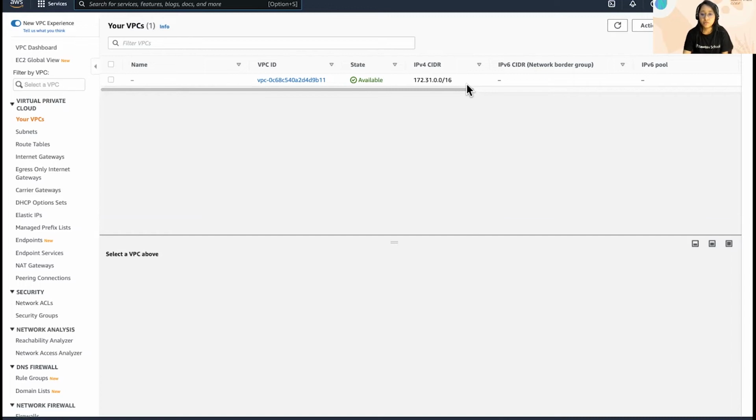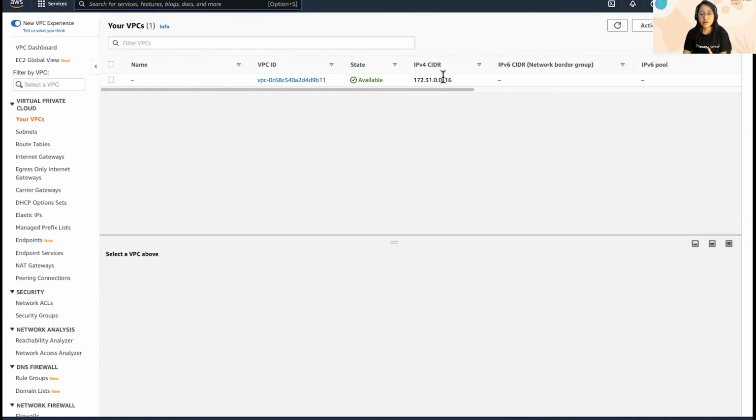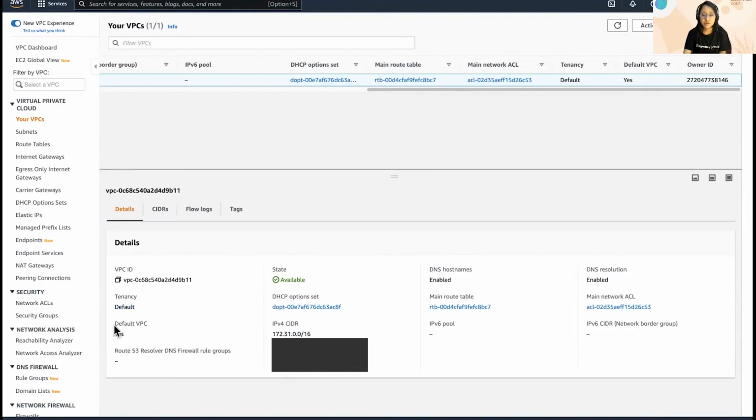So who created this VPC? And just to clarify, there's no cost associated with the VPC. Only the resources that you create inside it will incur cost. You can also log into your own console, and you can see that there's a VPC listed in every region that you go to. So let me tell you, it is actually a default VPC that is created by AWS. You can see the default VPC option is yes. This is a default VPC that AWS creates in every region for easier use.